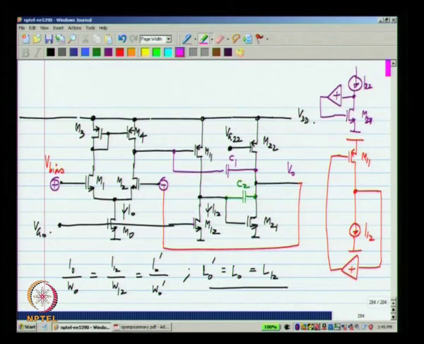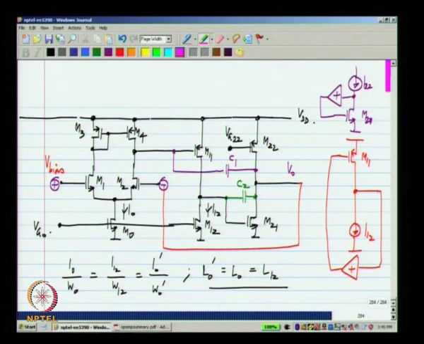Okay. If you operate the op amp in open loop, there is no guarantee that the bias currents will flow through the transistors, okay, because we have to establish the VGSs for these transistors for the correct current to flow. Now, while discussing op amps, you would already have heard that you have to use them in negative feedback, and this is the reason. Okay. If they are not in negative feedback and you apply a 0 differential input voltage, there is no guarantee that the op amp will be biased properly. Okay. In fact, because of mismatches and so on, there is almost a guarantee that the transistors will all be in some triode region. Okay. One of the transistors will always be in triode region. So, that is about DC negative feedback around the op amp.